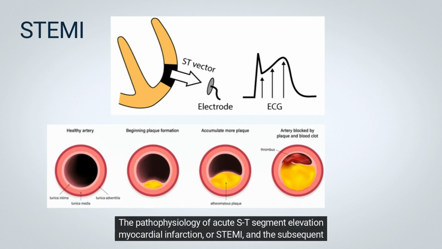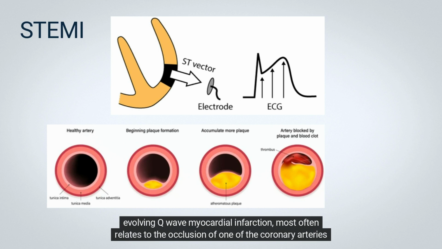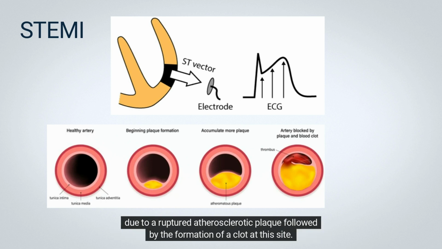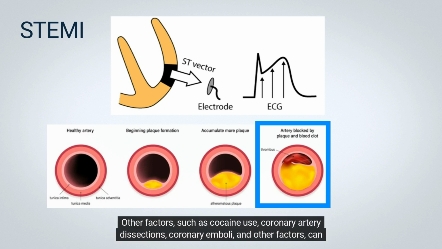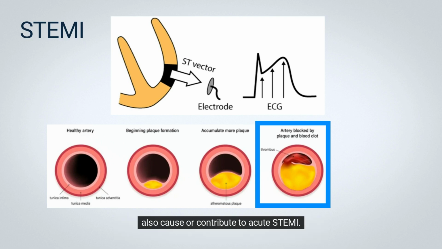The pathophysiology of acute ST segment elevation myocardial infarction, or STEMI, and the subsequent evolving Q-wave myocardial infarction most often relates to the occlusion of one of the coronary arteries due to a ruptured atherosclerotic plaque followed by the formation of a clot at this site. The clot in the so-called culprit artery is composed of platelets and fibrin, blocking blood flow downstream. Other factors, such as cocaine use, coronary artery dissections, coronary emboli, and other factors, can also cause or contribute to